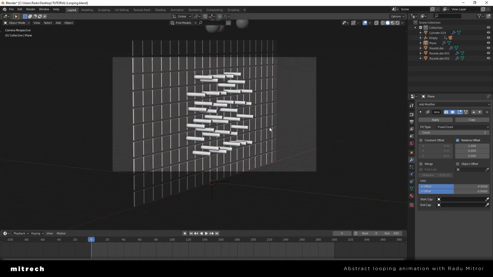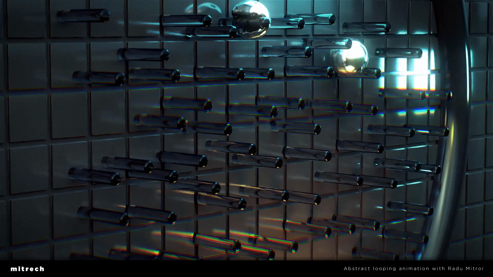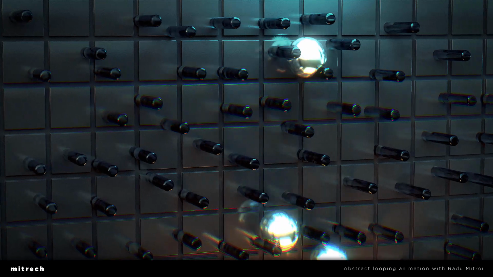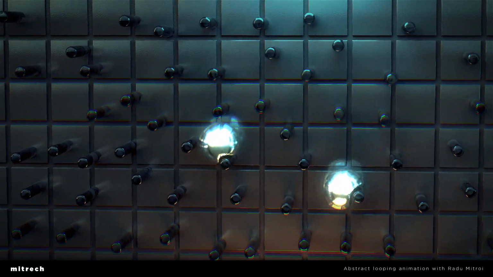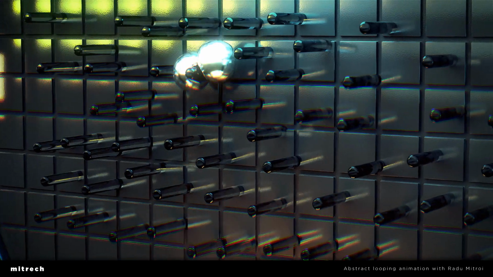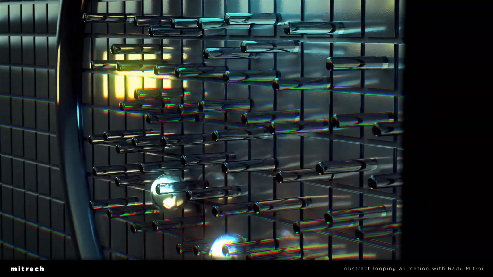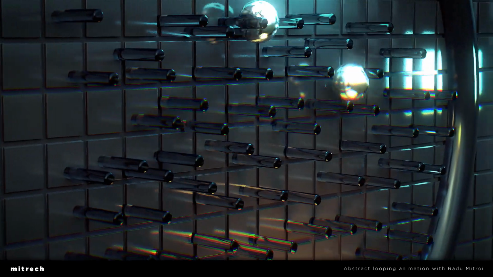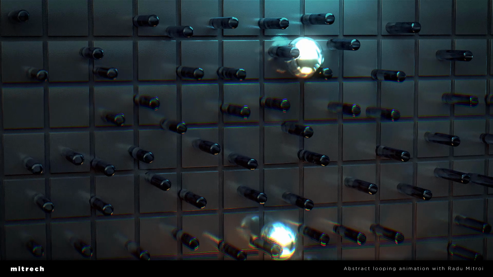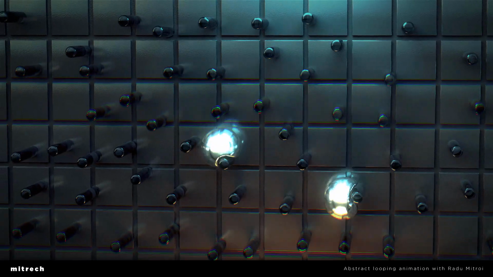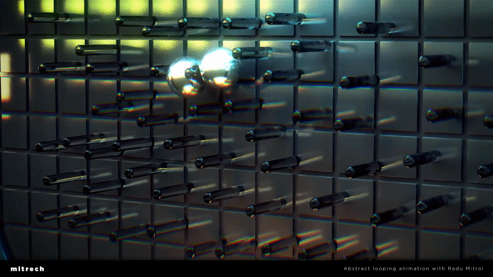And the way we are going to loop this is by hiding the start point and the end point of the animation. So as you could see in our original animation, the camera starts from black, like it's behind an object, and then moves around until it gets covered by another mystery object, and then it just loops back. All right,